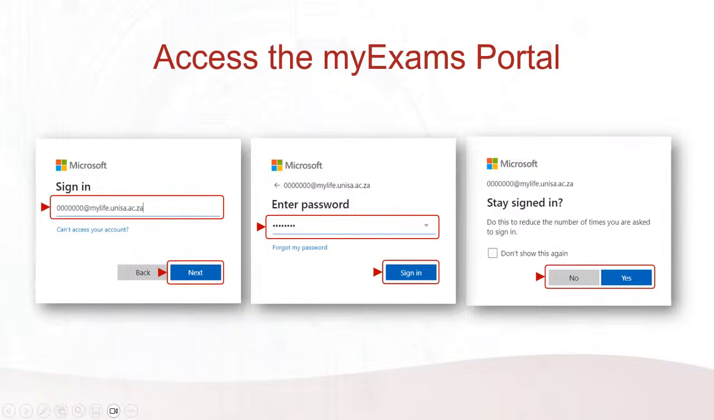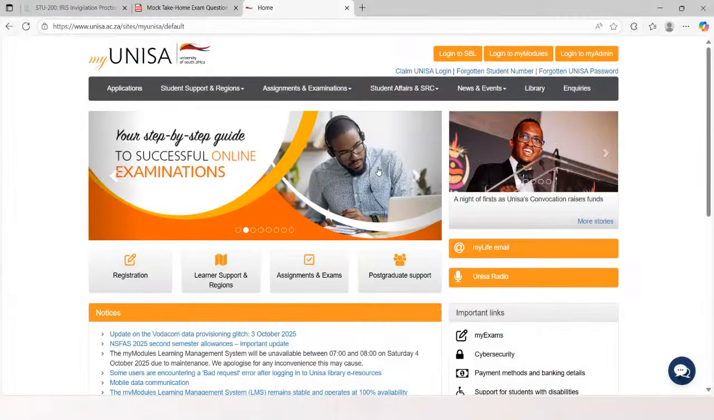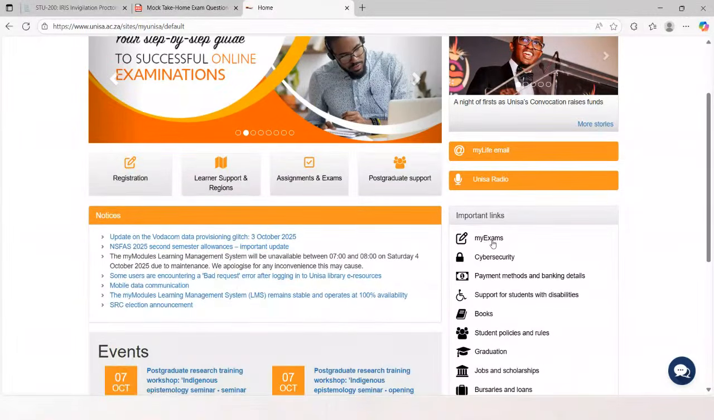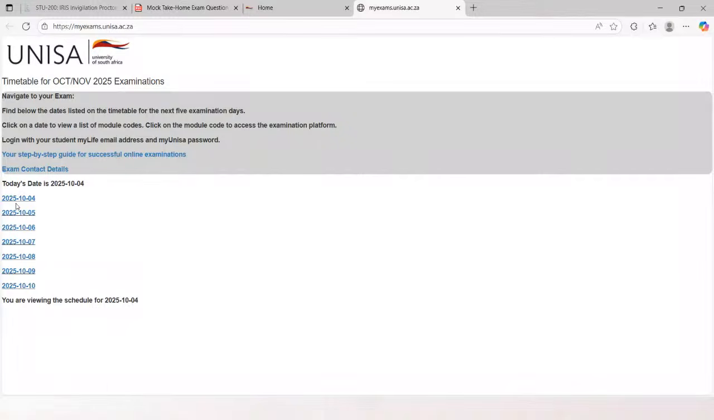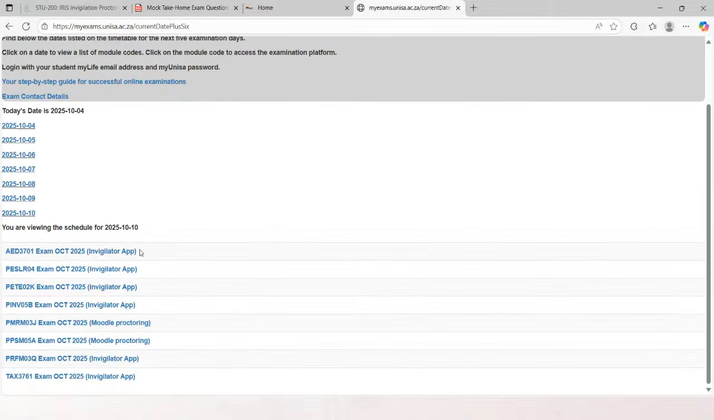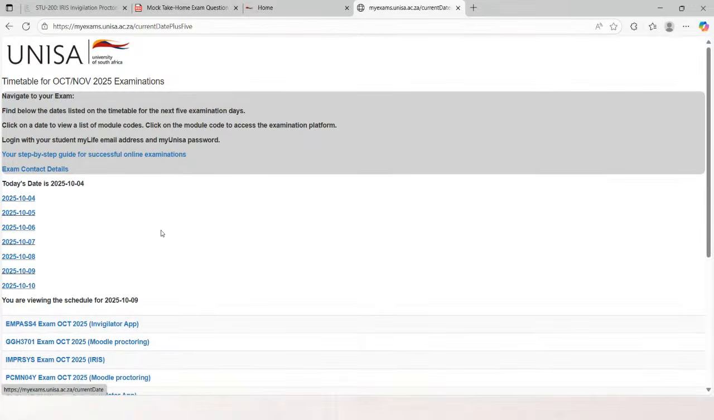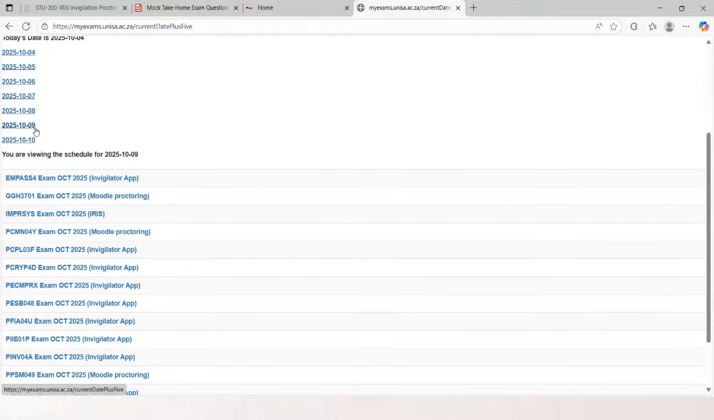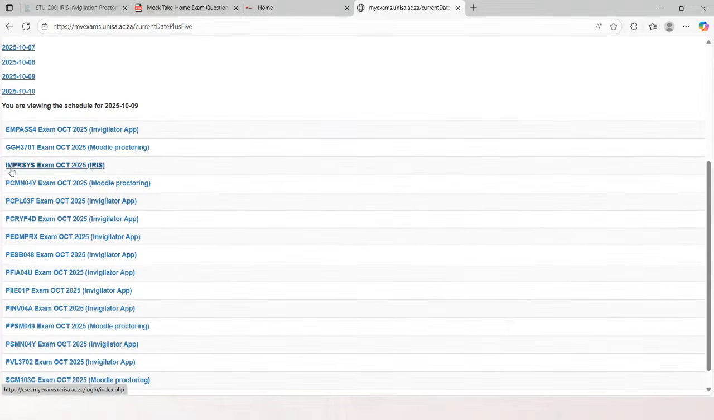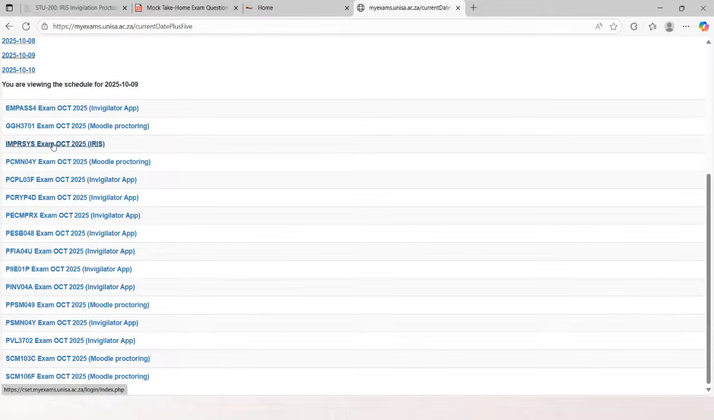But let's have a look quickly on the actual website. So remember, you do not even need to log in to myModules. You just go here to myExams. And here it gives today's date, and I think they changed it a bit. It now gives 6 days in advance. So even a week before you're writing, you can come here and select the date that you will be writing to see what modules are available. So I'm going to have a look here quickly, say the 9th. Say I'm writing this IMPRSYS exam. I don't know why it's such a long code, but you click on it